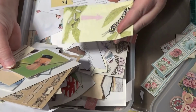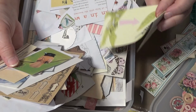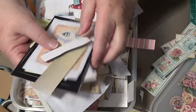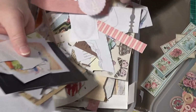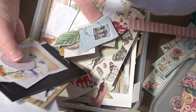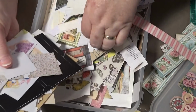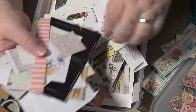Okay, what we got here? A butterfly and a caterpillar and things. Oh dear. We will get some crafting done, I do hope. It's definitely starting to get warm here. I wasn't expecting